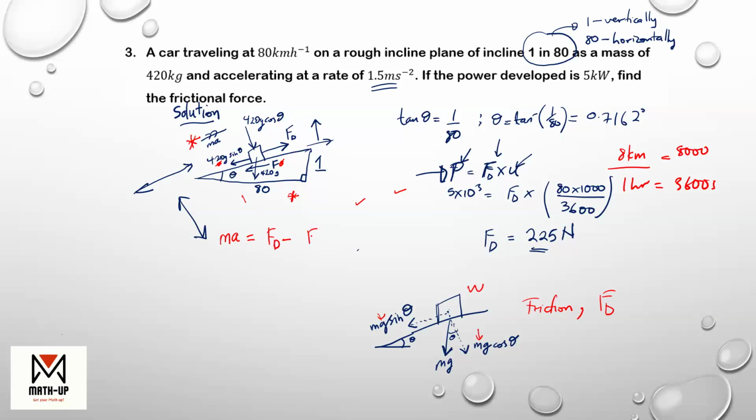minus F plus 420G sine theta. So we would have had 420 times 1.5 being equal to 225 minus F minus 420 times 9.8 sine of 0.7162